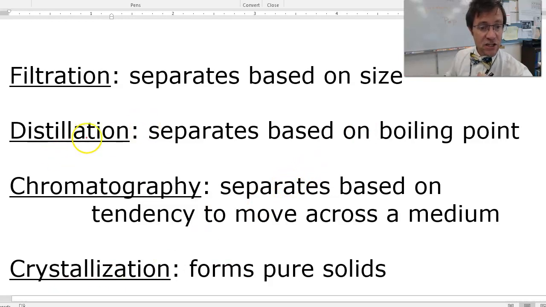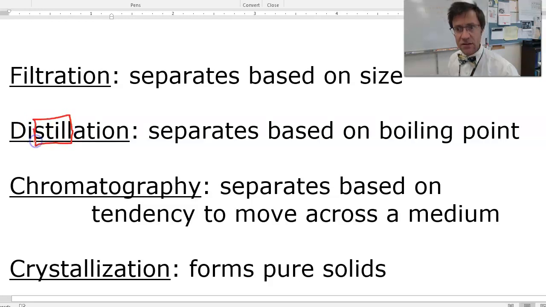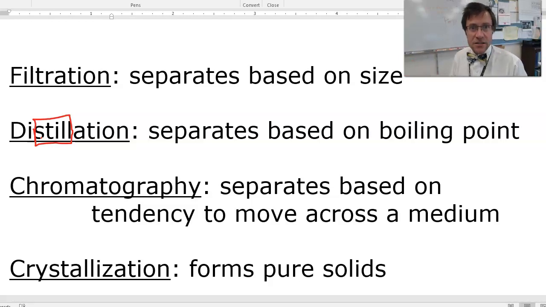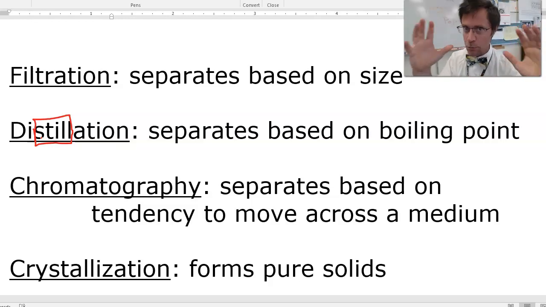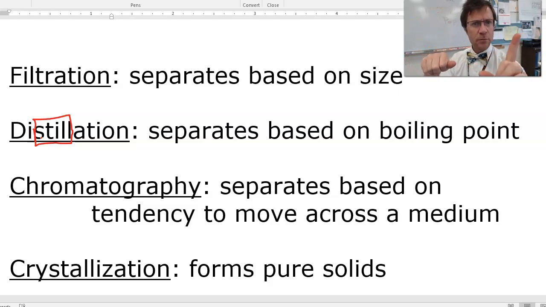The next one is distillation. Now, a distillation still. You guys see this? Have you guys ever heard of a still? From your history class back during Prohibition, when people would make moonshine back in the woods because they made alcohol illegal, and so they made a still, which is a distillation apparatus, right? And water and alcohol: there are a million different kinds of alcohol, but the one kind that we can drink, the others will all kill you or make you blind, has a boiling point of about 60 degrees Celsius, and water is about 100 degrees Celsius. So if you have a bunch of grapes and they get all fermented,